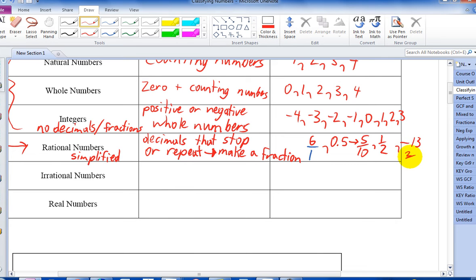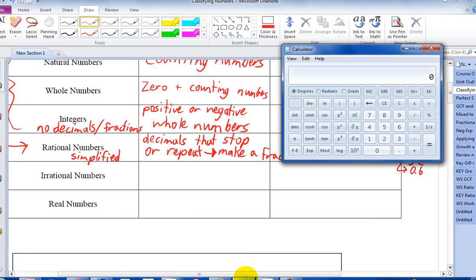2/3. Is that a fraction? Definitely is. But what is that as a decimal? 0.6 repeating. This is an interesting one. Try this on your calculator. If you have a calculator here, I'll pull it up. Where's mine? So to turn a fraction like 2/3